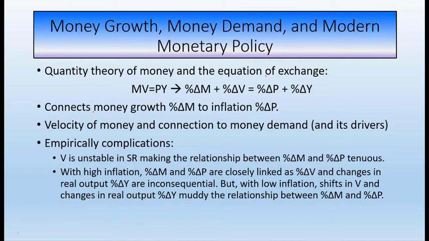So we're going to talk about these concepts, and what I want to do in the video is weave them together. The quantity theory of money, this equation, we're going to look at money growth, and then money demand is also tied into this, because if we can better understand money demand, we can better understand the money supply and its growth. Why is that? Because lurking in the background is the idea that money supply equals money demand in equilibrium. So let's flip over at times and look at money demand. And maybe that'll help us understand things a little bit better.